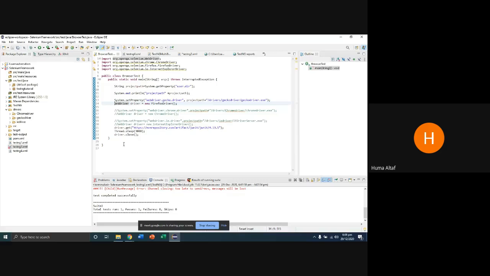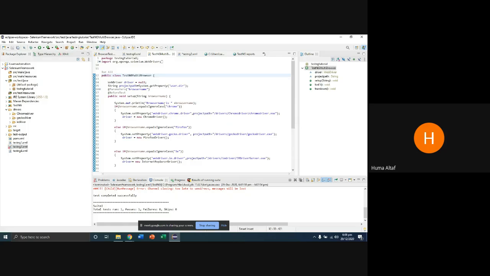Its browser name is Firefox, and this script was for checking Chrome, Mozilla Firefox, and Internet Explorer separately,